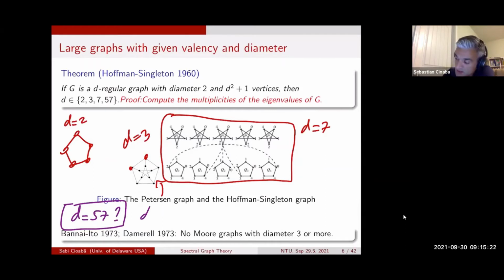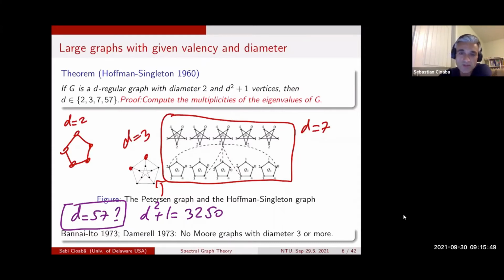In that case, if you want to calculate, you can go to your calculator: D squared plus 1 is 3,250. And computer search is not going to work. For this question, I know people that believe the answer is yes, and we just haven't been able to construct it. And I know people that believe the answer is no, and I tend to side with the people